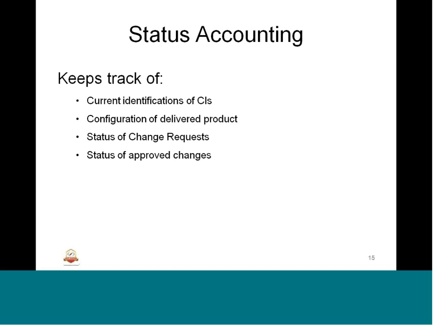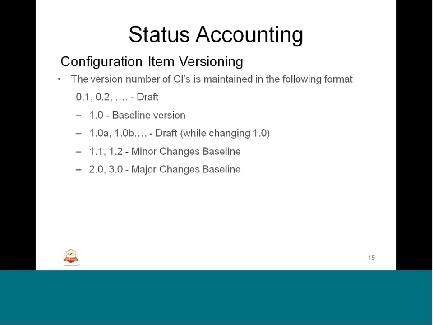So basically status accounting keeps track of CIs, delivered products, when it was delivered, what are the changes, what are the change requests, what are the approved requests, all this. And we went through